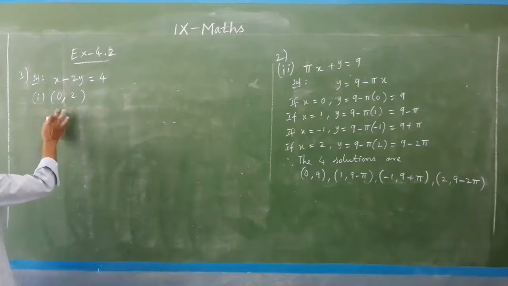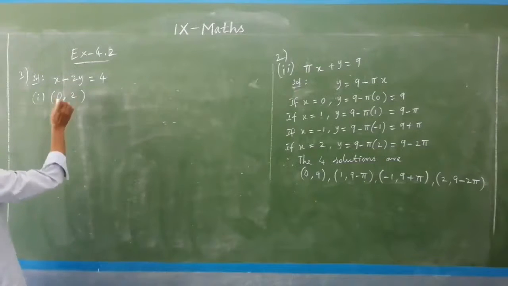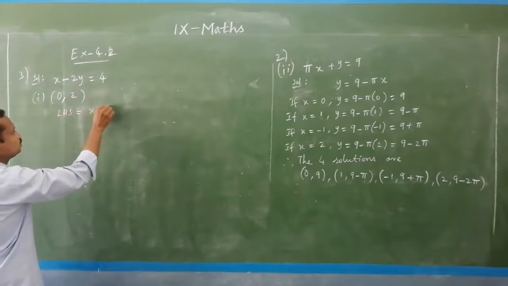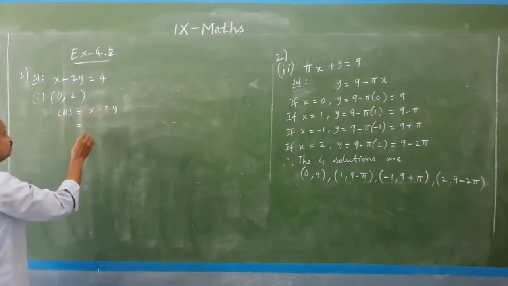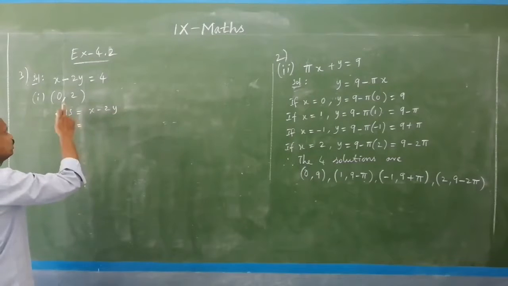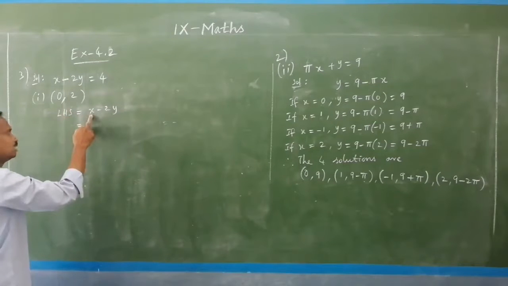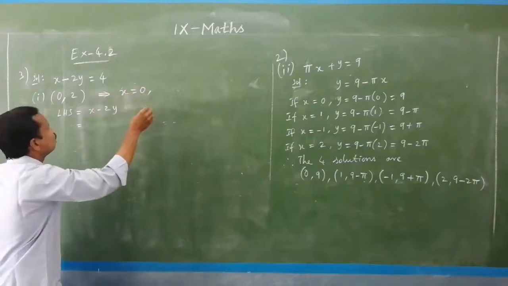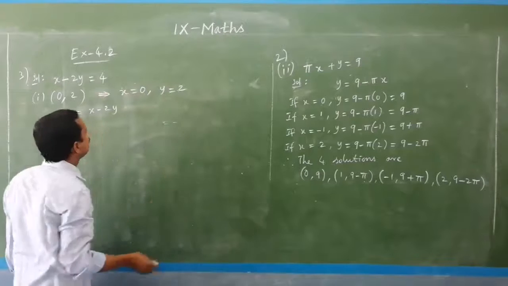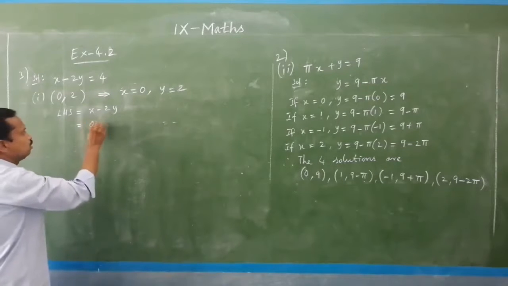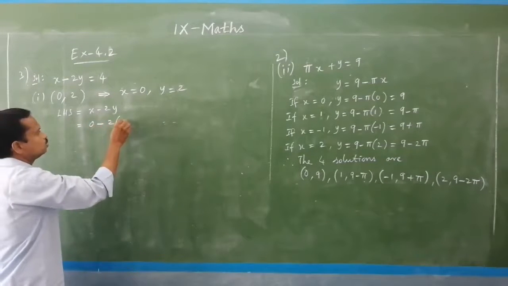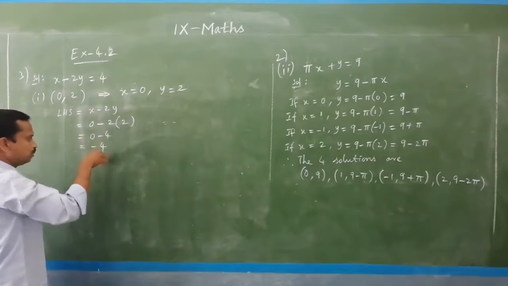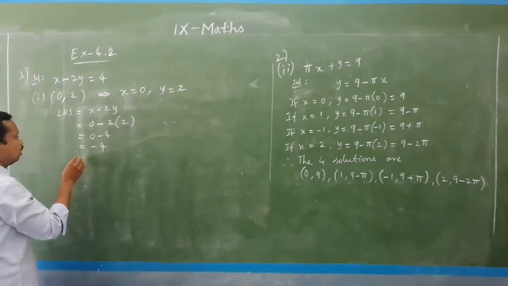So, this is the LHS of the equation, x minus 2y, and we find the value of x minus 2y. Substitute 0 for x, that means x equal to 0, y equal to 2. So, 0 minus 2 into 2, and you get 0 minus 4, which is nothing but minus 4, but RHS is